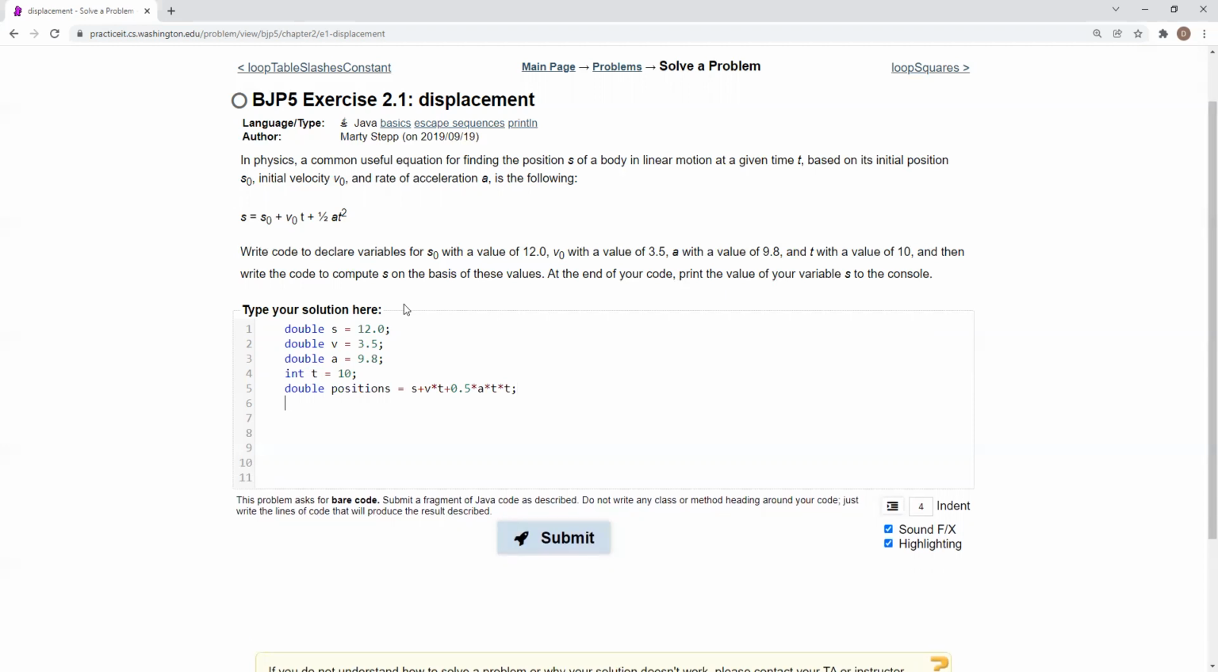So now all we need to do is print it out. And in order to print out positions, it is System.out.println, which is new line, and positions. And if you submit,